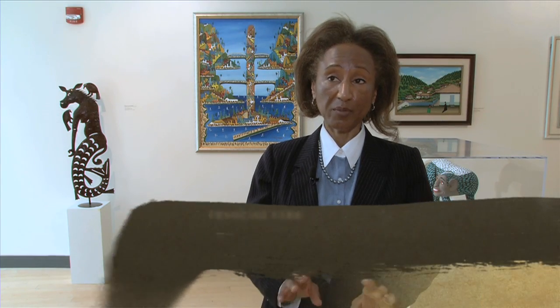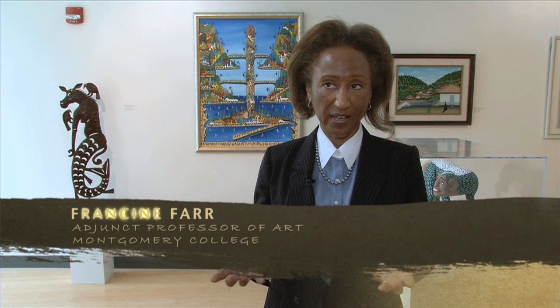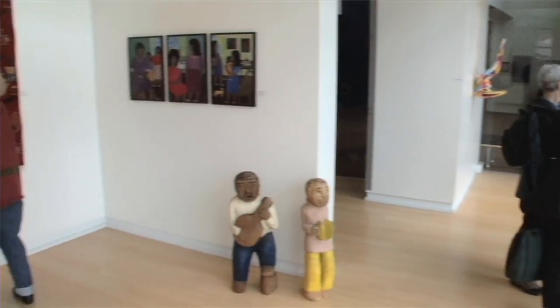This particular collection of Latin American art has not really been shown before as a specific subject area. So we hope that by showing this wonderful collection that one day soon we will be able to get a course launched serving the many Hispanic students that we have in this area at Montgomery College, but also non-Hispanic students are also interested. My father, Dino Aranda, is from Nicaragua, Managua, Nicaragua, and